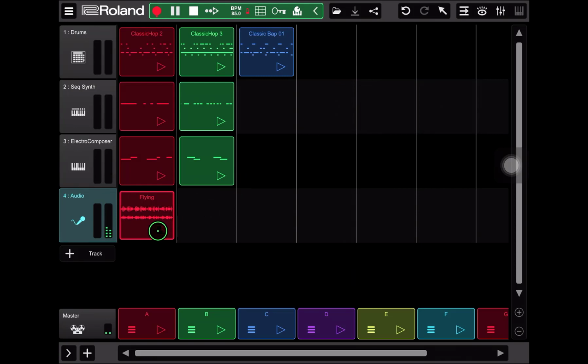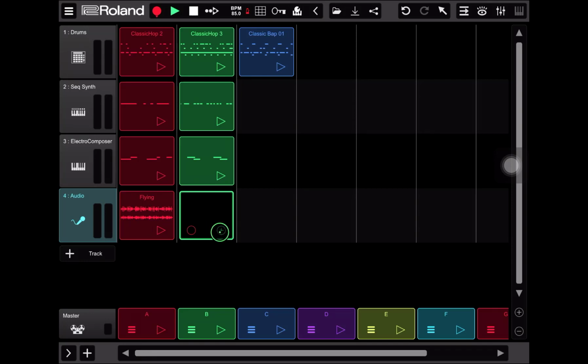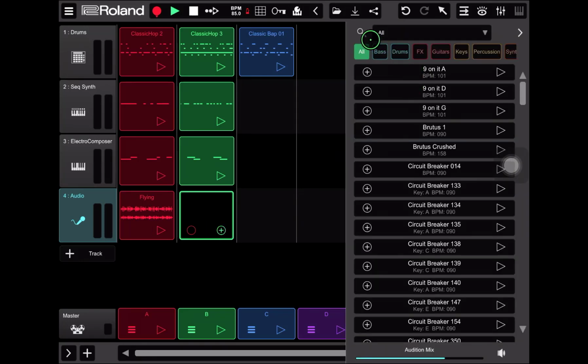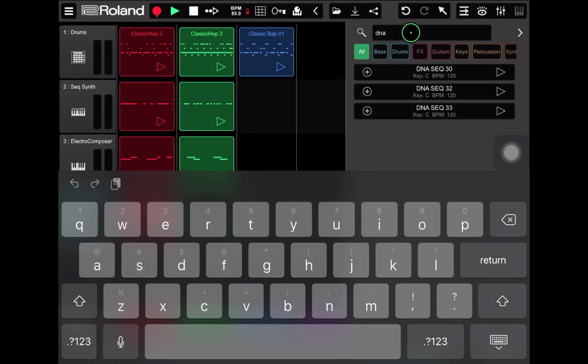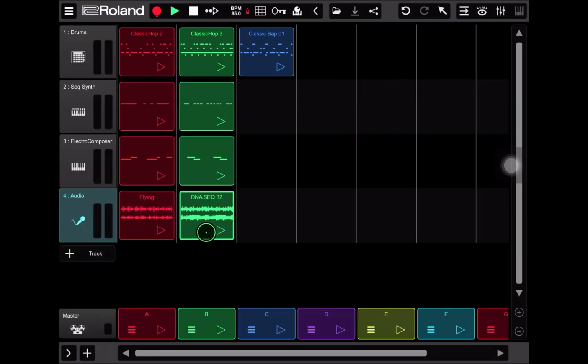All right, good deal. I'm also going to insert another audio file. And to do that, again, I'm going to click into the cell next to this, click on the plus button. And this time around, I'm going to search for DNA. And in particular, I'm looking for this DNA sequence 32. I'm going to click on the plus button, and it'll pop it right in here. So now we have 3 drum loops, 2 sequencer synth loops, 2 Electro Composer loops, and 2 audio loops that we're going to be able to use